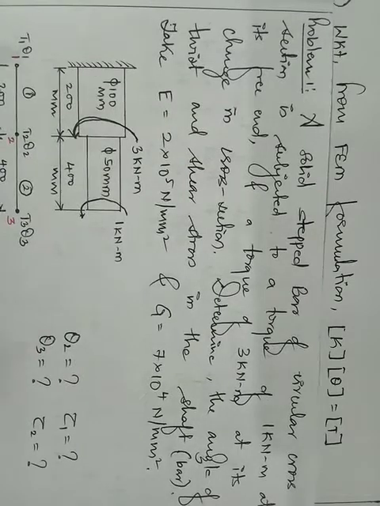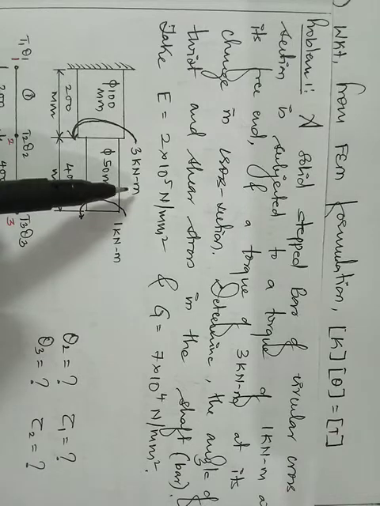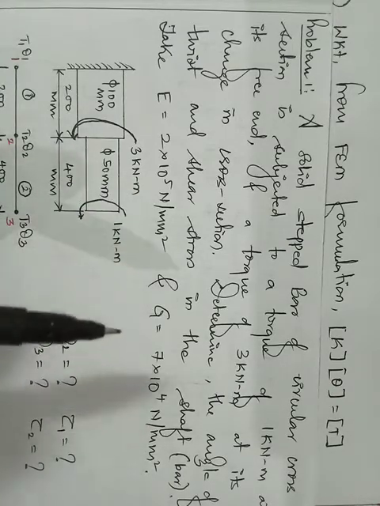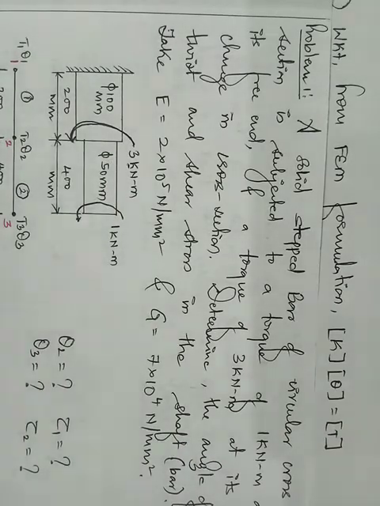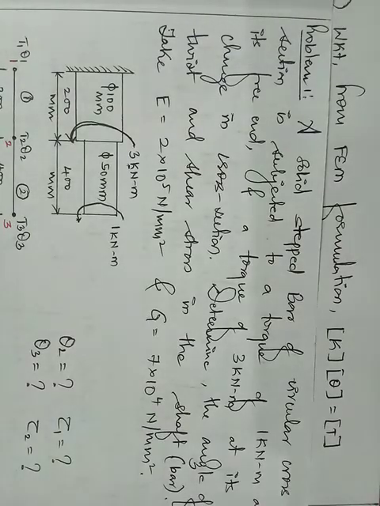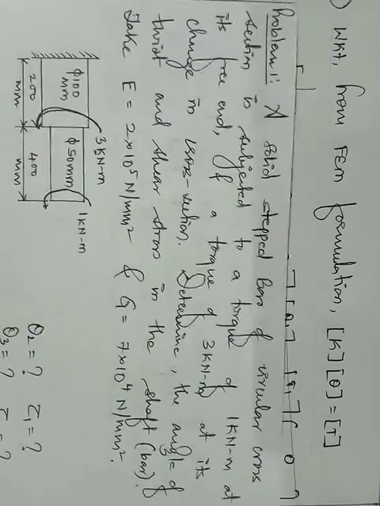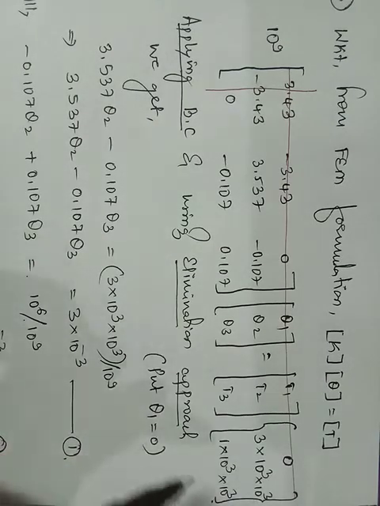See, the reason is simple. Diameter is in mm, length is in mm, whereas this moment what he has given is in meters, so I need to convert it into mm. So 1 meter is 1000 mm, right, so that is the reason I have multiplied it by 10 raised to 3. The second 10 raised to 3 is because it is in kilonewton, right. So the torque you are going to note in the characteristic equation should be in Newton mm, right. So the unit here comes out to be Newton mm. Same thing for the third one. At node 3 it is 1 kilonewton meter, so it is 10 raised to 3 into 10 raised to 3.